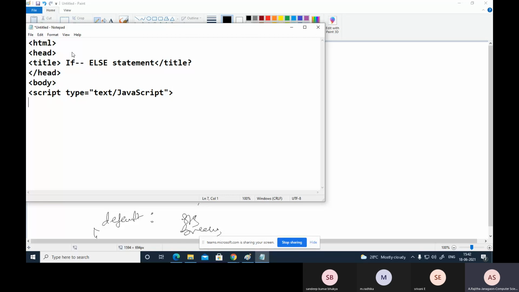Now start the scripting. My intention is to write a program to find the largest of 3 numbers. For that I need 3 variables: A, B and C. And here we can read this data from the keyboard. How do you read from the keyboard?